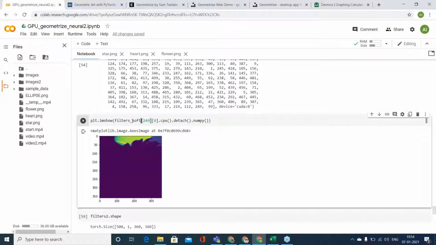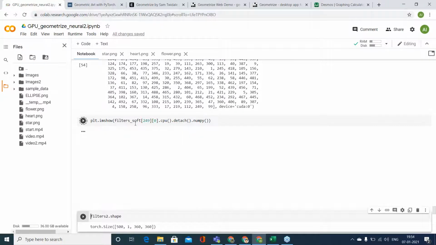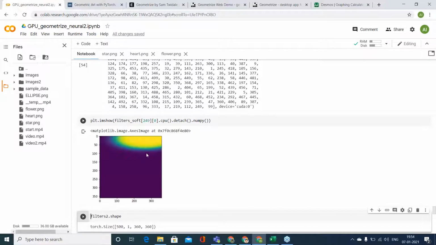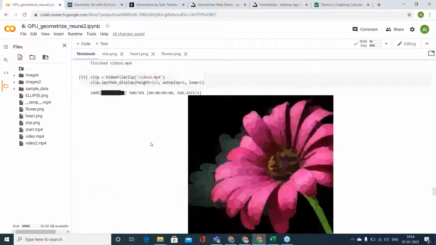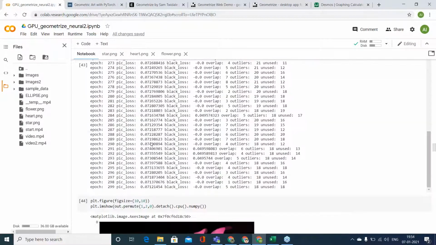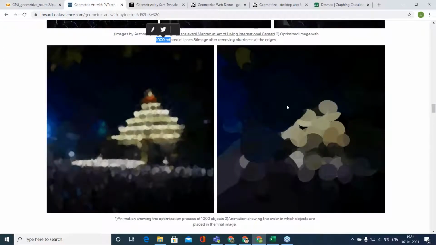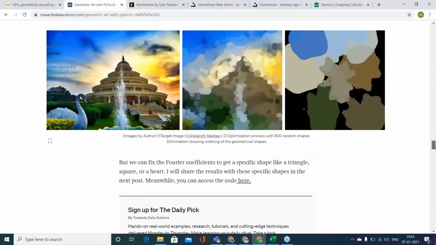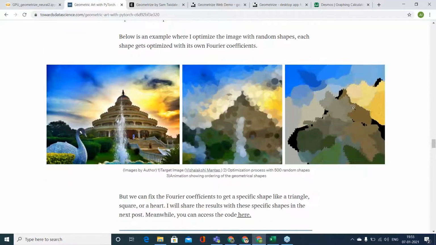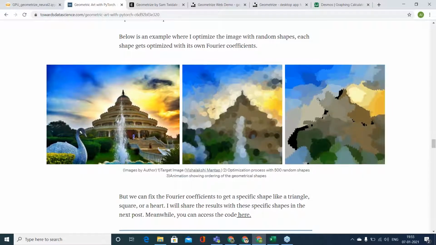But if you look at the entire thing, the entire thing is here, right? We have done it with ellipses. Then if we switch on the Fourier terms, this is just making random appropriate shapes and throwing them.